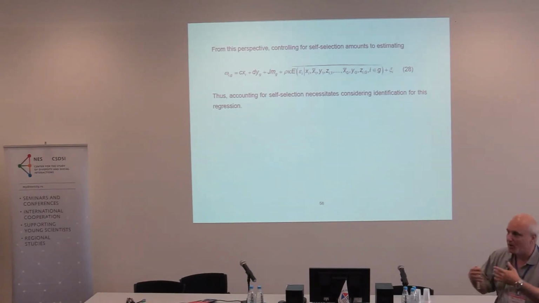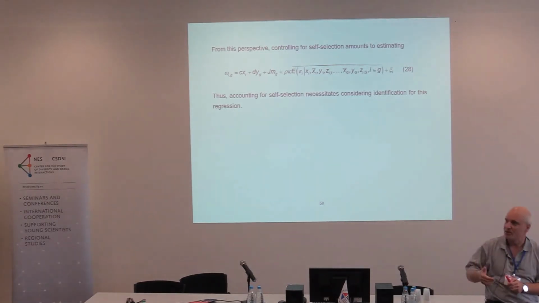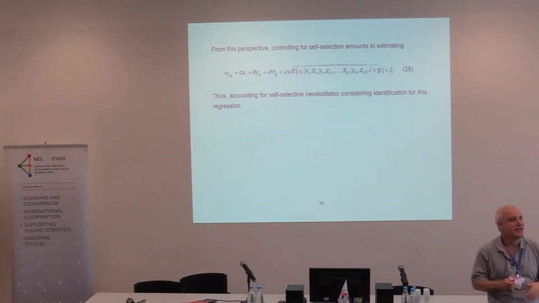Okay, so in other words, if we work through the logic of the selection correction, we see it's really nothing more than an individual level x. And it turns out that in this context, that individual level x bar is not part of the equation. Hence, the presence of self-selection could facilitate identification.